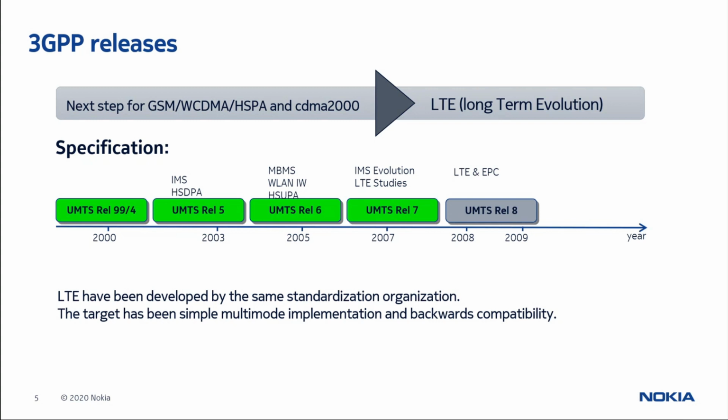And of course, when the cellular network, or let's say the wireless network, or the mobile network, evolved from 2G to 3G, in 3G you started having advancements towards better technologies. There was also discussion about wireless LAN interworking. So IW stands for interworking, and everybody is aware that, right, even